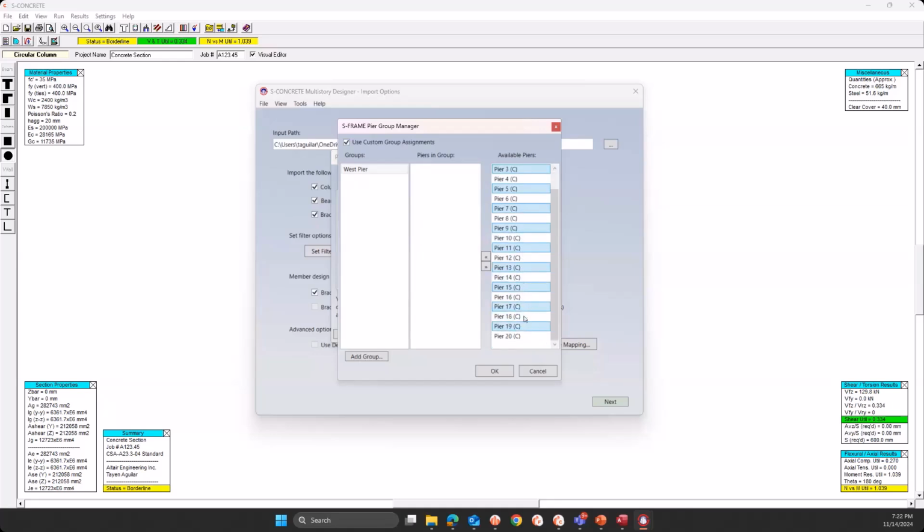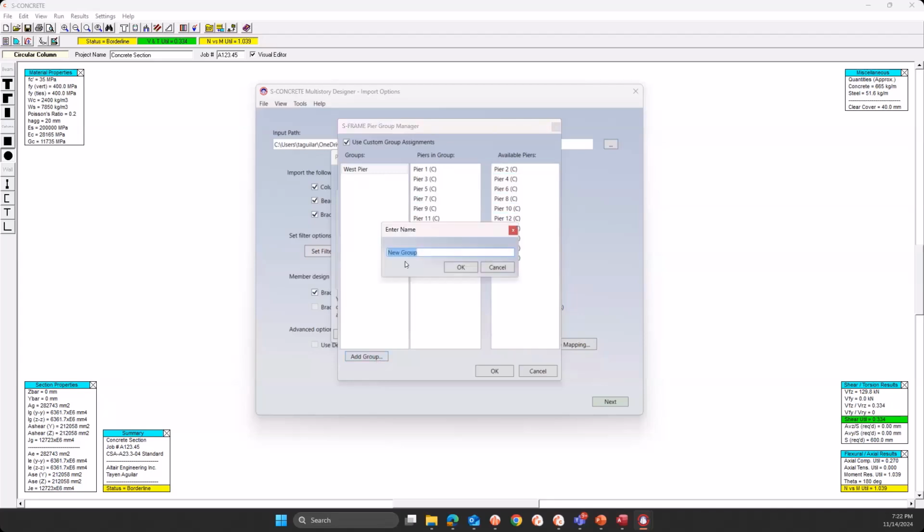So I go into the non-par groups, and I add them into this one group, and then I create another one for the East group. Sorry, to the East pier. Click on OK, and I just select the rest of the piers. I switch them over here, and now I have the West pier with the non-par and the East pier with